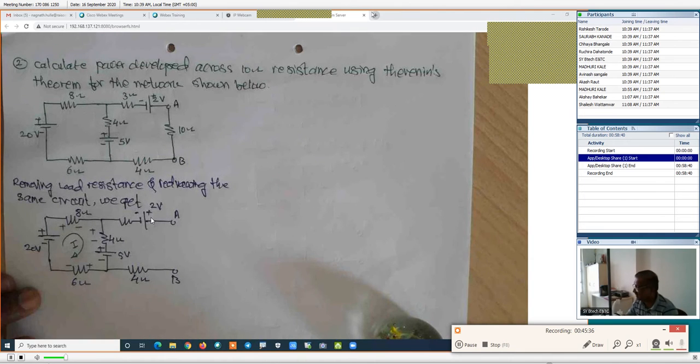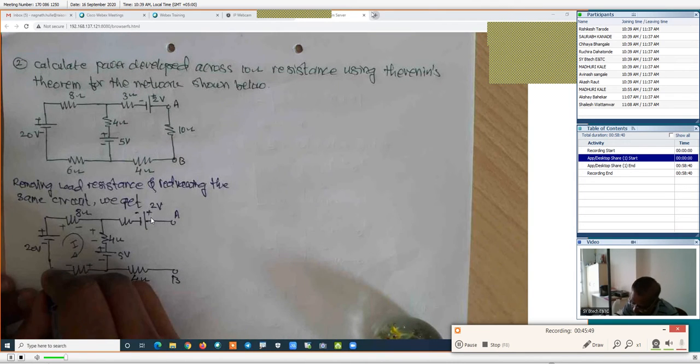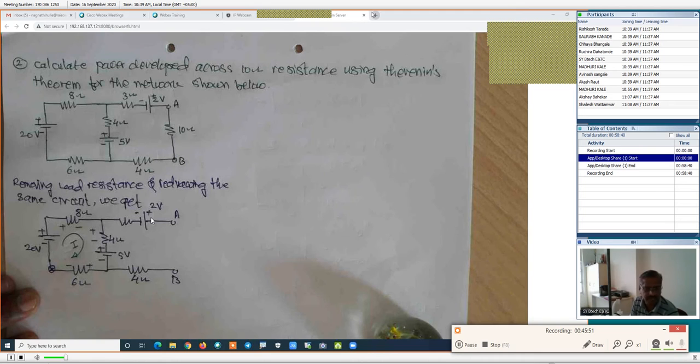Now, we will apply the KVL to this figure. The polarities have a lot of importance in the case of Thevenin's theorem. You will understand in this problem. So here, we are traveling from this point,